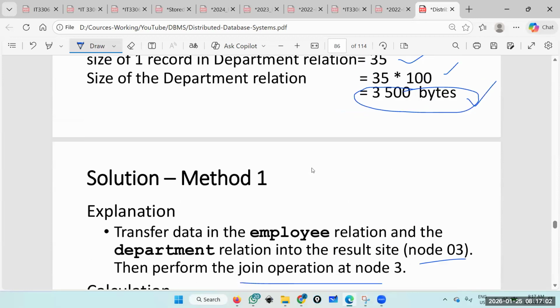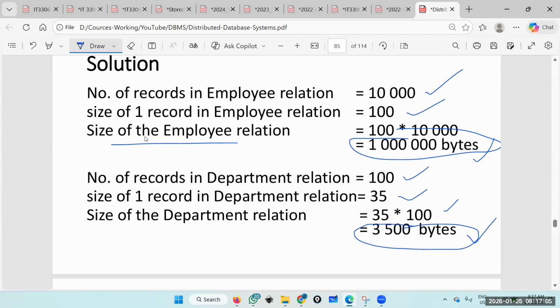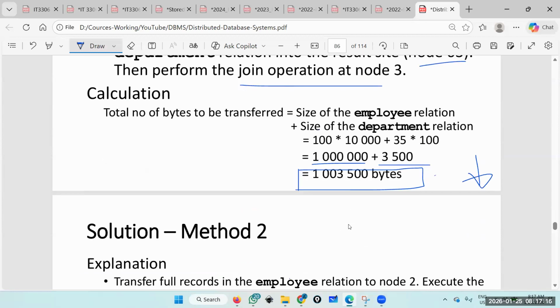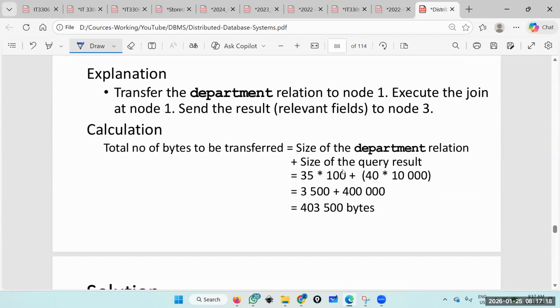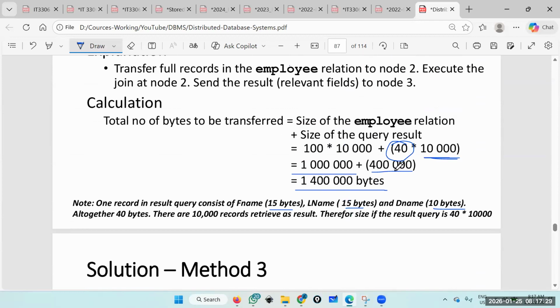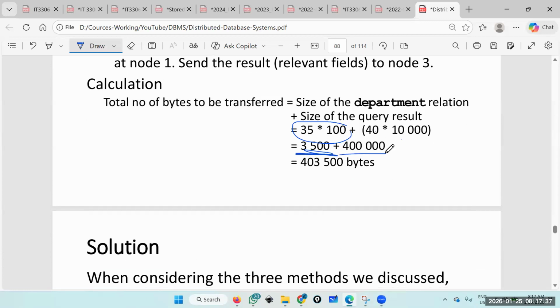So there we can take the department details into the employee side, then do the join on the employee side and take it back. So therefore this record set you need to send first: 35 into 100. Okay, 35 into 100, so that is 3,500. Now you do the join there. So then the result is 10,000 into 40. Right? So that is not going to be different because you have 40 byte and 10,000 records. So that is 400,000. So therefore the total is now,